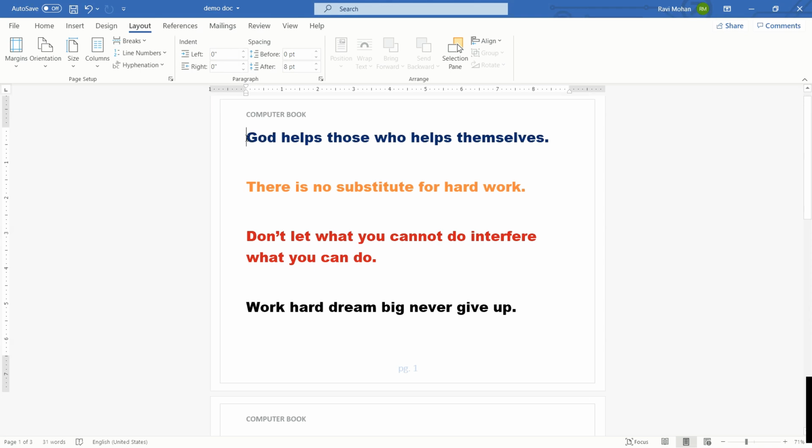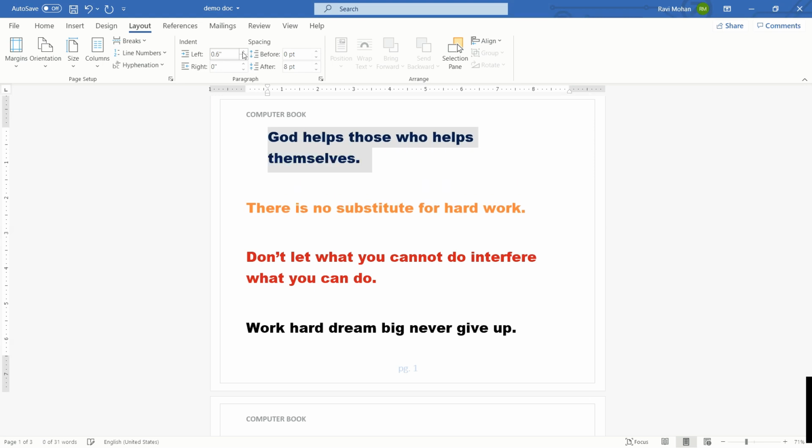Please see very carefully when I am going to indent the first line typed in this page. I am increasing the left indent, clicking on the arrow, and you can see the left margin is increasing towards inside and the paragraph is also moving towards the right hand side. That means the blank space towards the left side of the page is increasing with the help of left indent. In the same way, when I increase the indent from the right hand side, you will be able to see that the blank space from the right hand side increases.